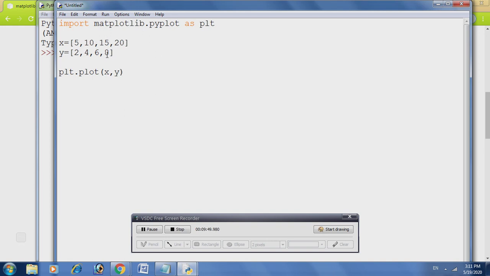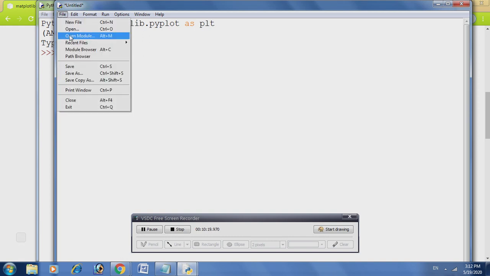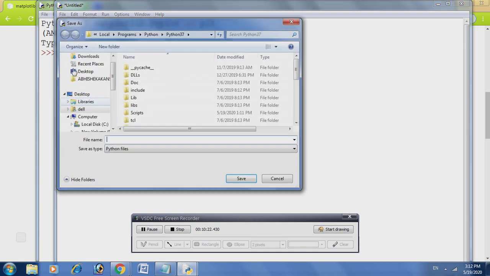So I just completed here, and it will create my line graph. Okay, and how will I be able to see my graph on the screen? We have to call another method, and that is show. Remember, when you want to display any message, text, content, or value of a variable, we use the print method. Here, to show the visualization of data, we use the show method. So this much is enough. Okay, just save your project, and here I am going to type plot A. Plot A is the name of my project.